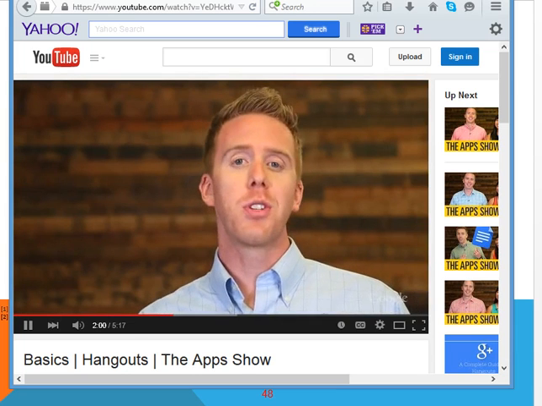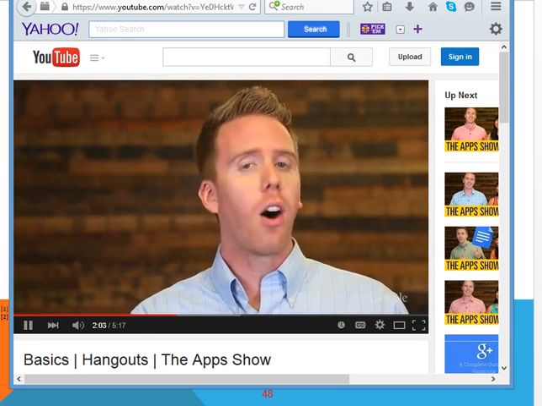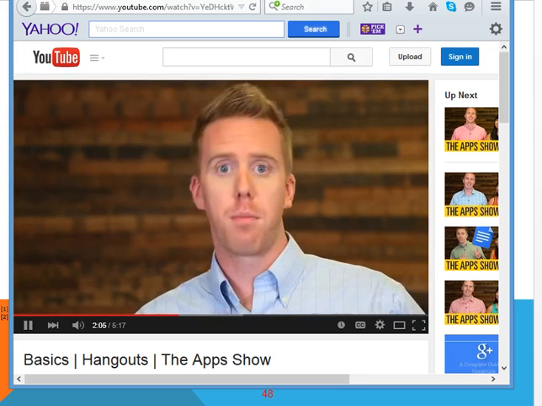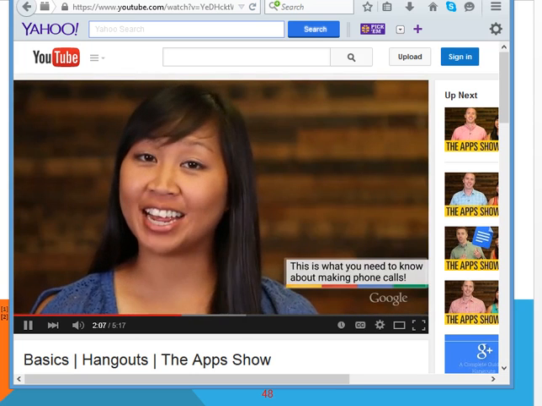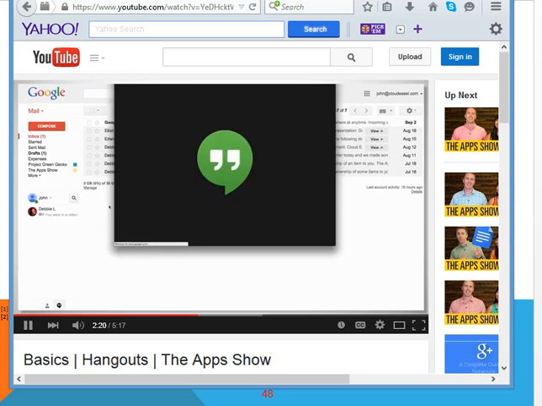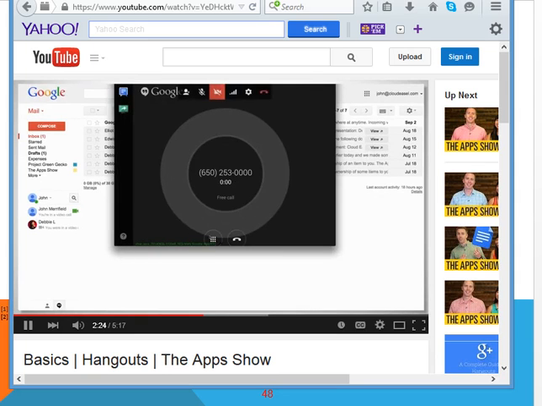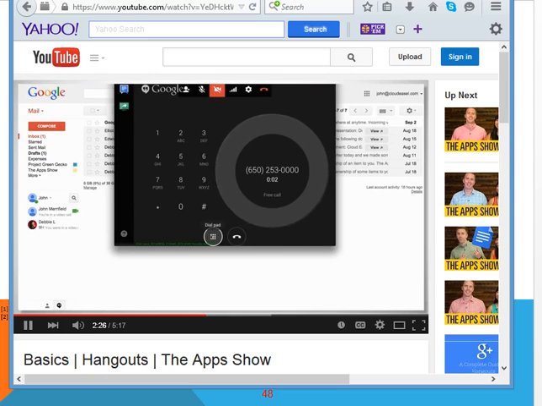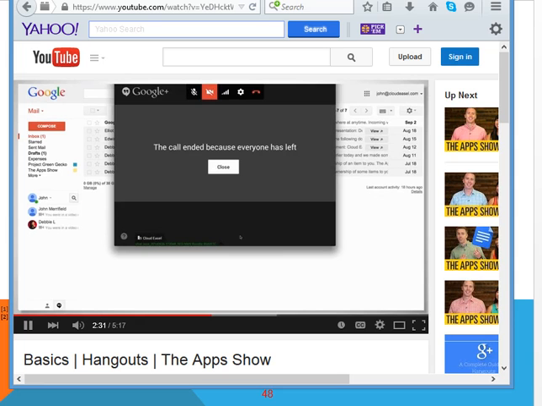Something to note is if you're using the Chrome Hangouts extension, all the conversations to start actually appear outside of the browser. If you need to call a phone from Hangouts, you can do that too. Click the search button, then the phone button. Type the phone number into the search box and click on it. If you're placing an international call, you can select the country code by clicking the flag drop-down or typing it directly into the search box. An audio-only Hangout window will open, and Hangouts will dial the phone number you selected. If you're calling a phone number that has an extension, you can click the dial pad button and enter the extension there. Once you finish the call, click the Hang Up button or close the Hangout window.